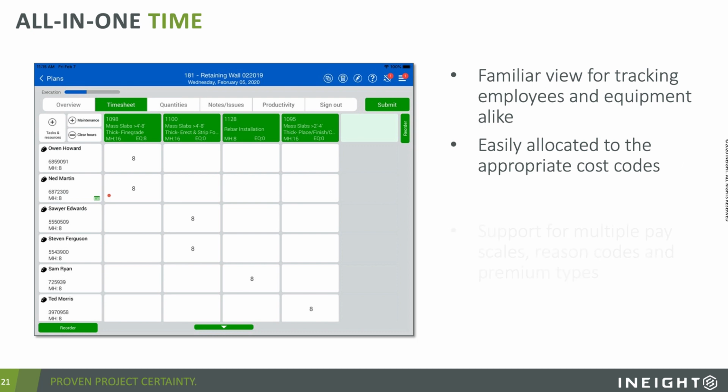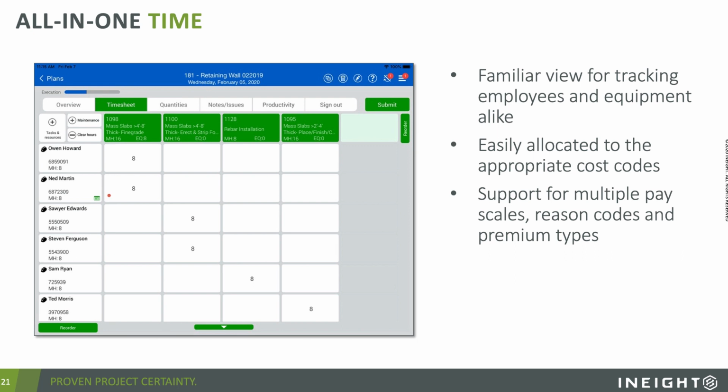But something that digital applications allow that maybe a piece of paper couldn't is the ability to track multiple reason codes, multiple premium types. You can add additional costs to the hours based on what the workers were doing that day, or based on where they were doing it, or based on what payroll rules have been set up.